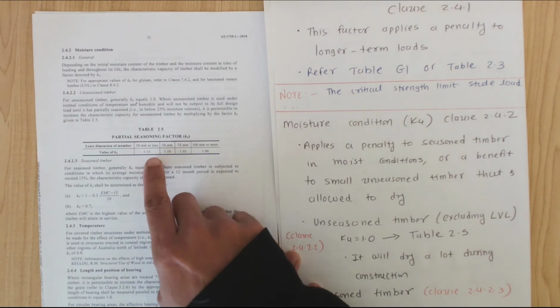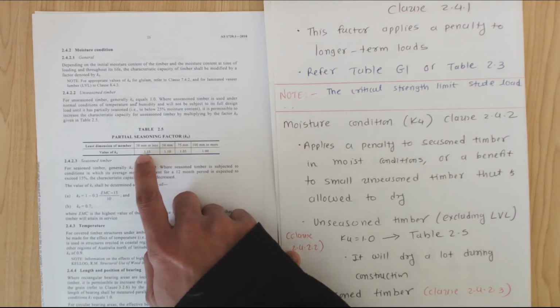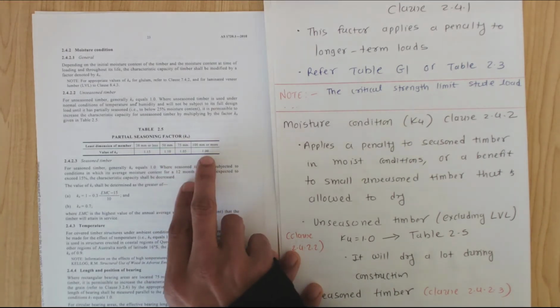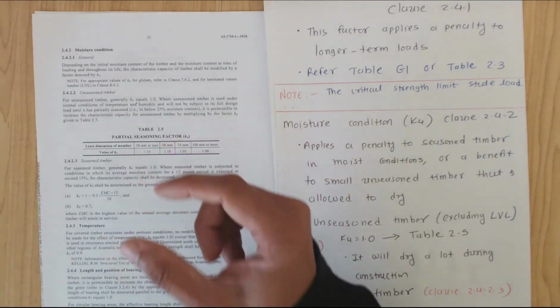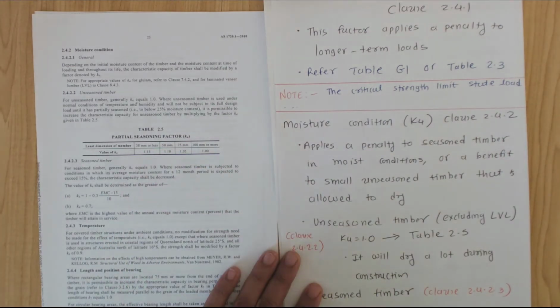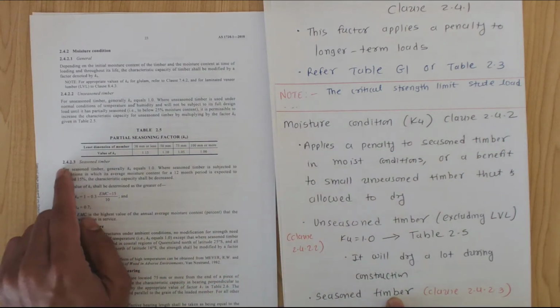So for unseasoned timber, if you have smaller cross sections, you will have these higher factors. If you are using a 100 millimeter member, there is no advantage. So smaller unseasoned timbers have the advantage, as the K4 value increases the moment capacity. Now let's say seasoned timbers, that is given in the clause